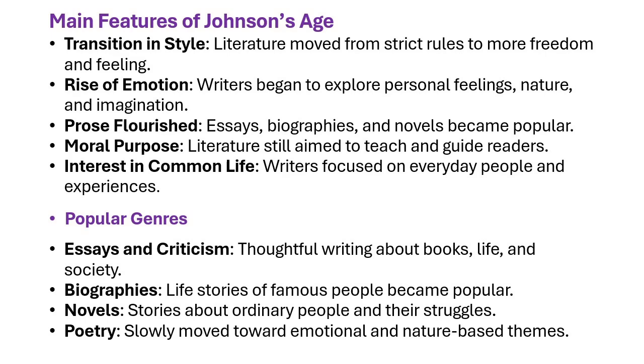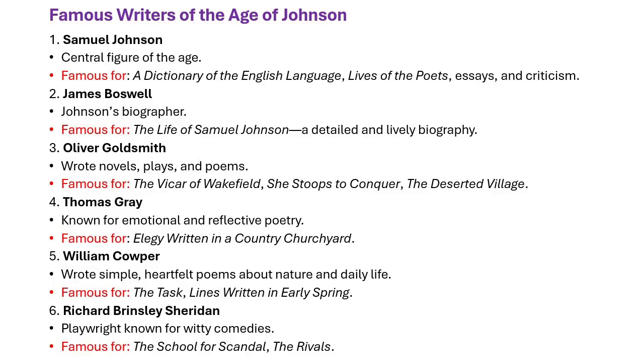As the name suggests, the famous writers of the age of Johnson, firstly, Samuel Johnson. He is the central figure of the age. In the Augustan age, Alexander Pope was the central figure. In this age, Samuel Johnson is the central figure. He is famous for A Dictionary of the English Language. Next, James Boswell, Oliver Goldsmith, Thomas Gray, William Cowper, Richard Brinsley Sheridan,